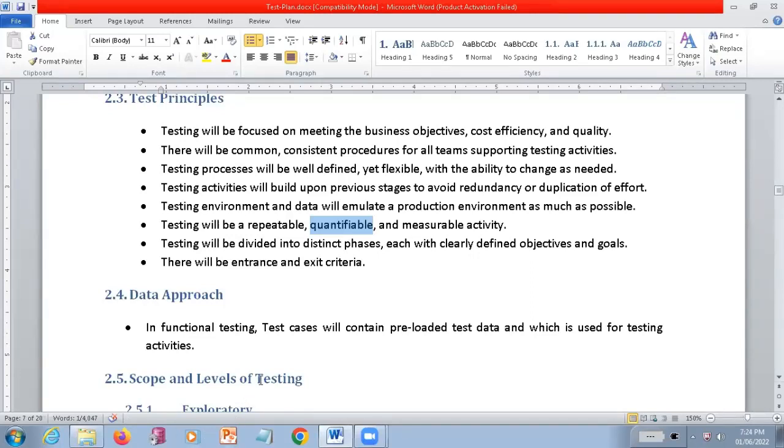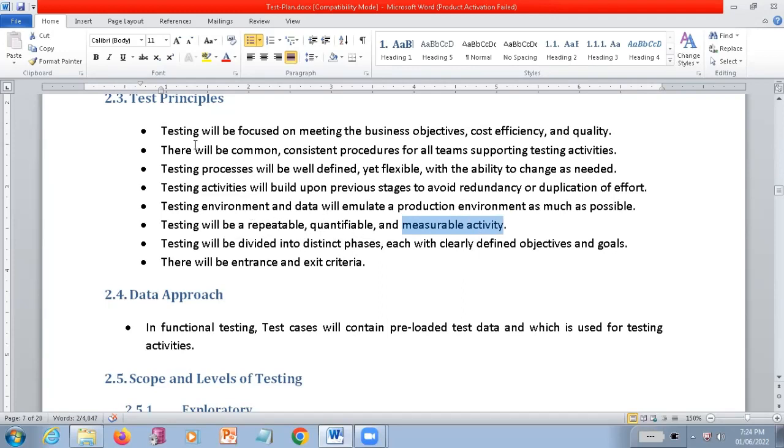So did you cover all the quality related steps in this test case execution, and did you cover all the things mentioned in the requirement documents? Everything is related to the quality and quantity of the system. So both of them are measured here. That is quantifiable. And measurable activities means, see how many test cases you have executed. In that, how many test cases passed, how many failed, and how many are still in progress. That kind of thing is measured here.